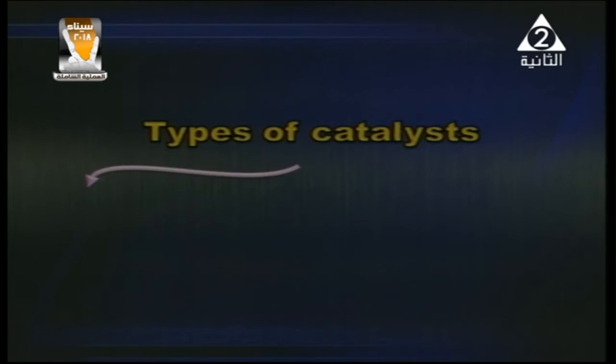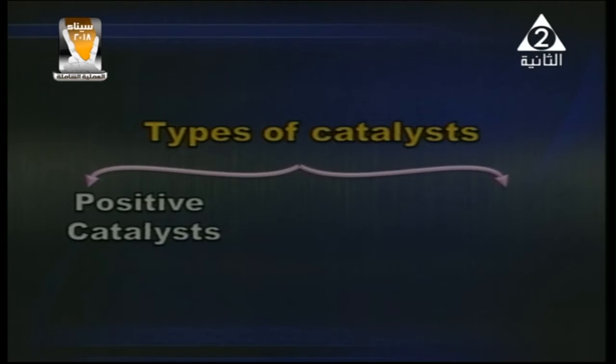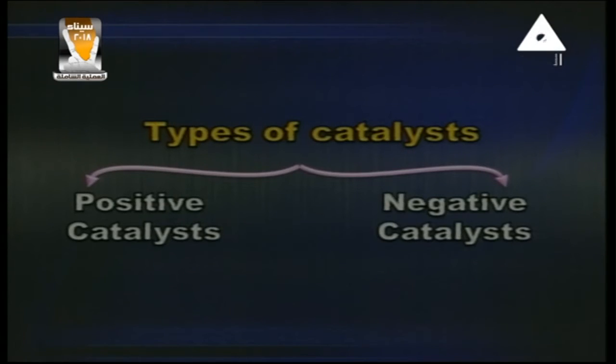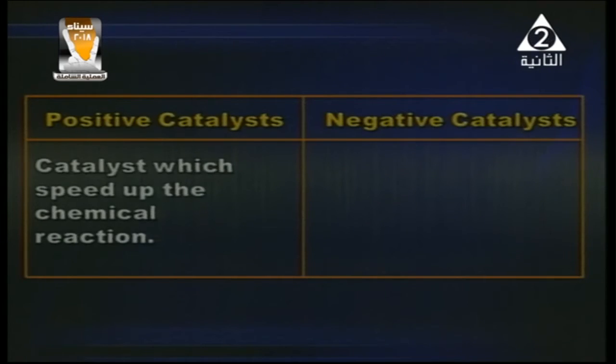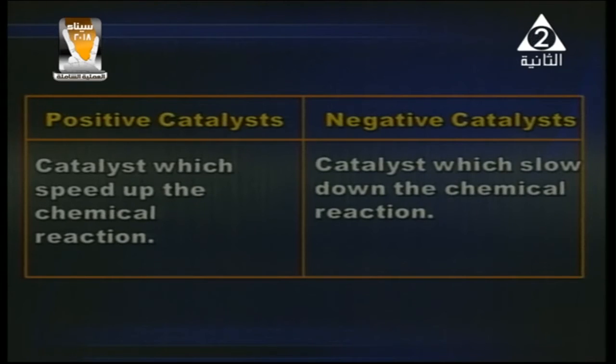Types of catalyst. From the last experiment, you can say the catalyst has two types. The first type is a positive catalyst, but the second one is a negative catalyst. Is there a big difference? Sure, there is a big difference. Look at this. A positive catalyst speeds up the chemical reaction. A negative catalyst slows down the chemical reaction. One faster, one slower. Yes, that is positive and negative. Due to the conclusion,